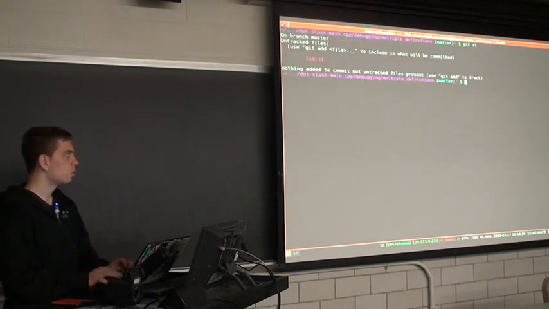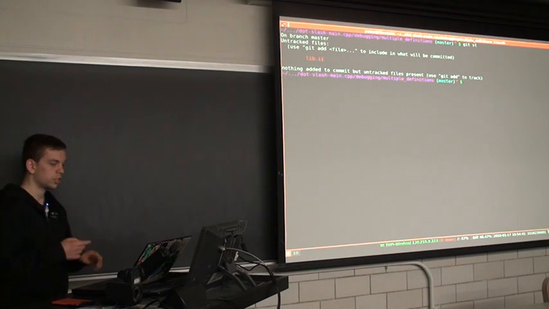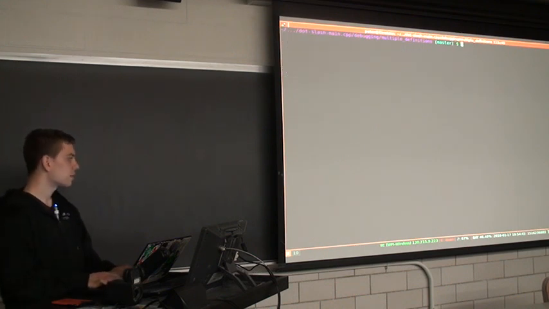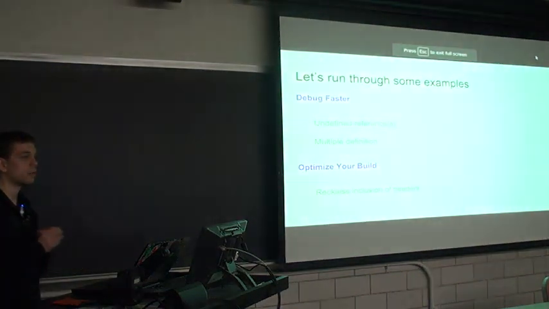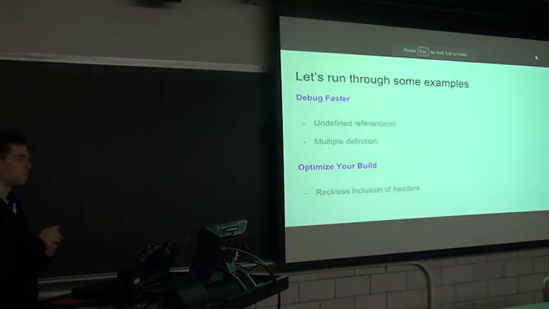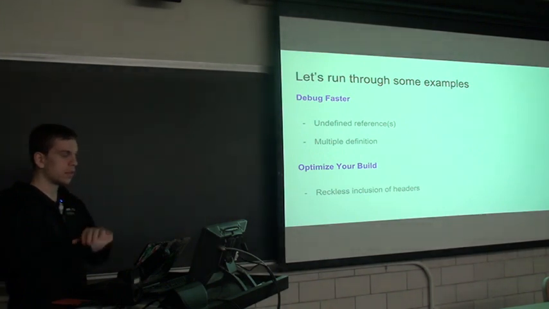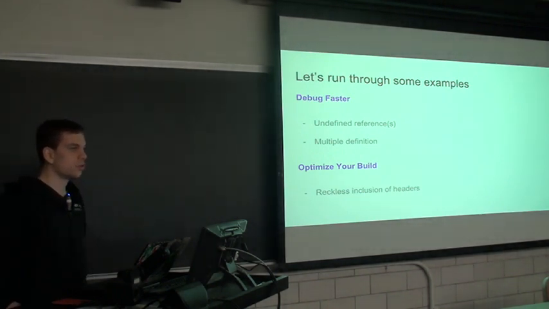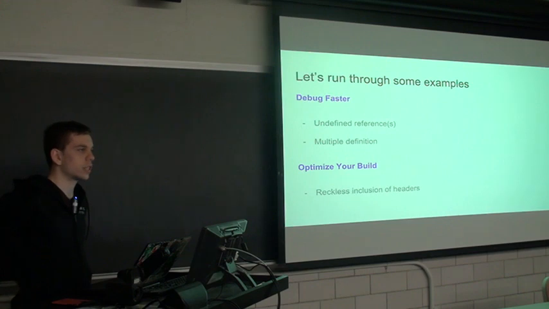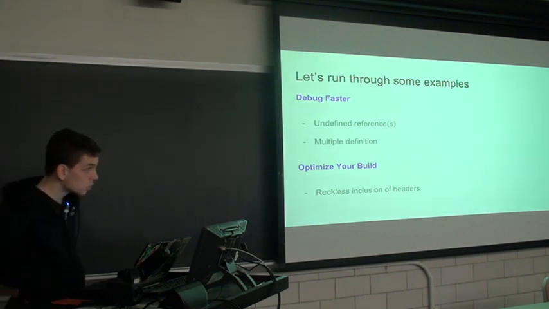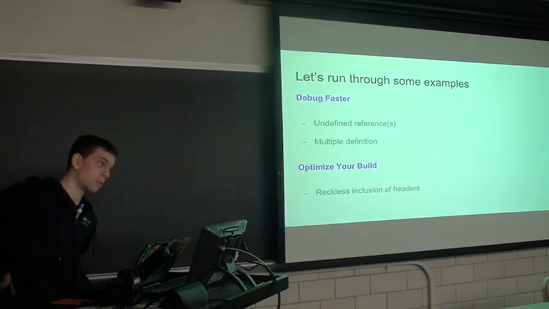OK, so we've gone over two examples, one of multiple definition and one of undefined references. The last example I want to get to is an example of optimizing your build. So when I say build, I refer to all of the steps of compiling. And usually in a sufficiently large project, you'll have some build system like CMake or Meson or Bazel or whatever. And you have a lot of source files and a lot of header files, and you're going to build them,